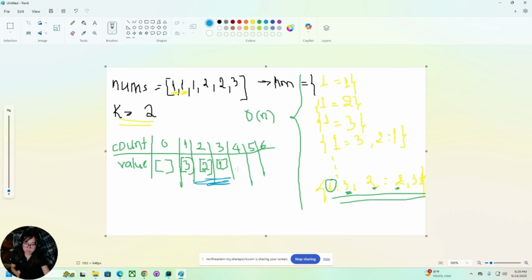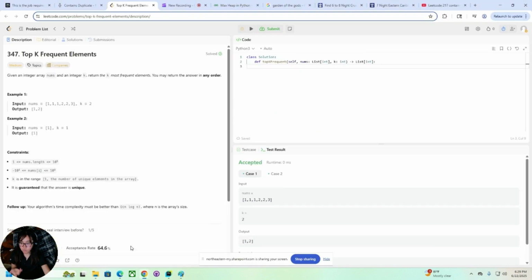1 right here. So we could just check it and loop through that from the really last, like the 6 first, in descending order, and then grab the length of the k and return it that way. So we could do it this way. And now that we have a better understanding of how to solve this, let's just work on the code right